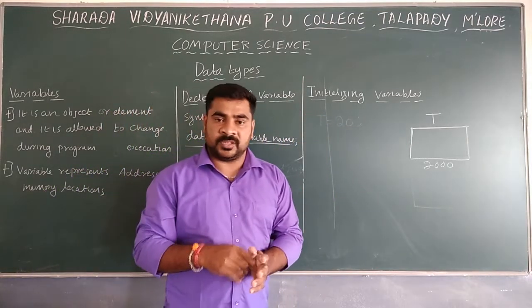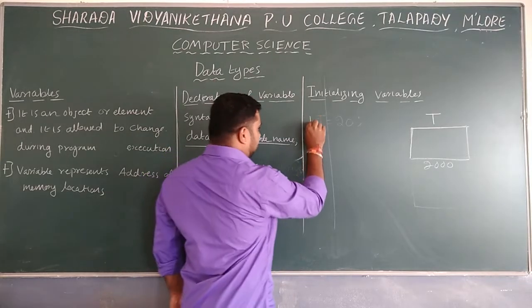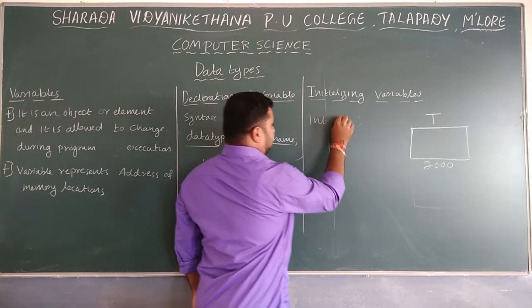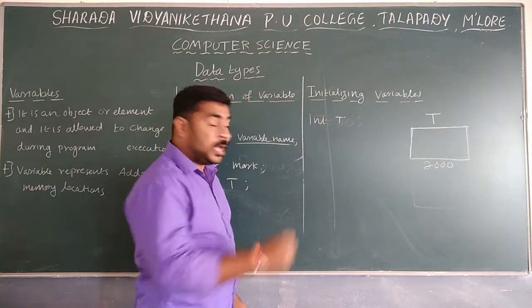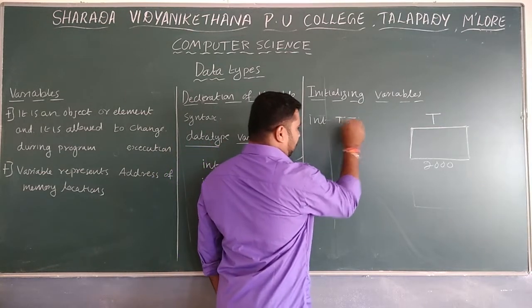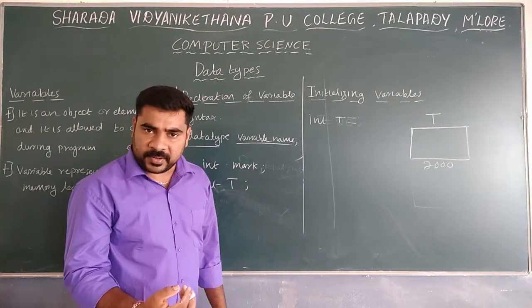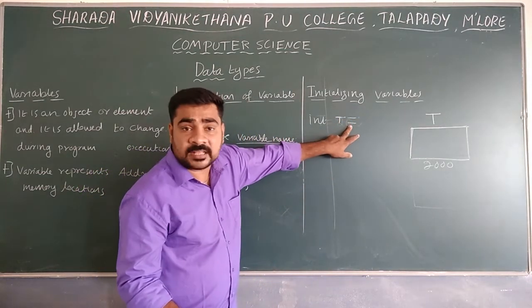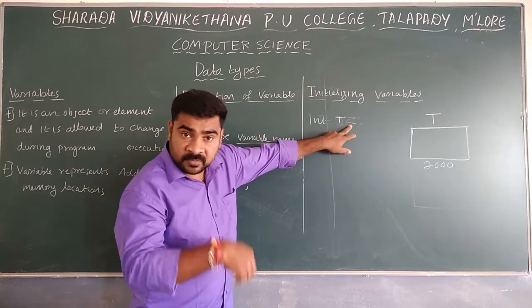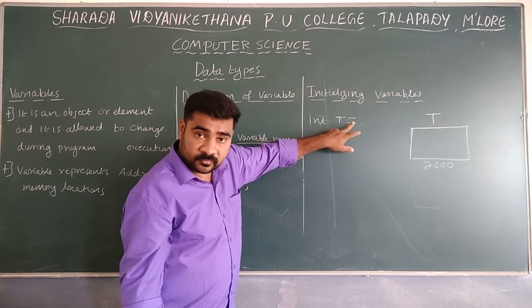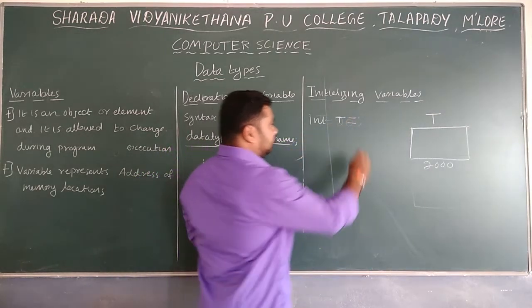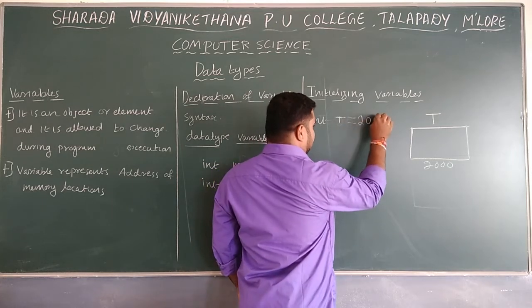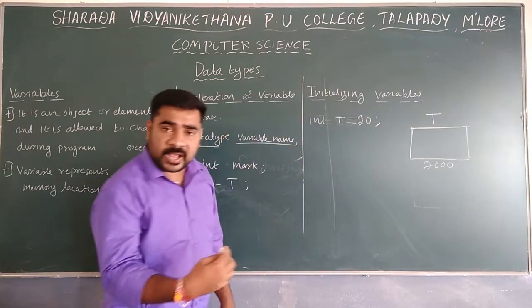To initialize, the first method: int t. This is actually known as the declaration. Along with that, you have to use equal to, which is an operator. Which operator is it? This is the assignment operator. We already discussed it in the previous chapter. Then you have to give the value, for example 20, and a semicolon. So if you assign like this,